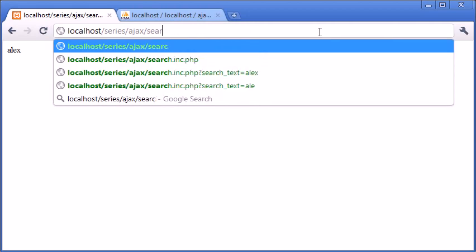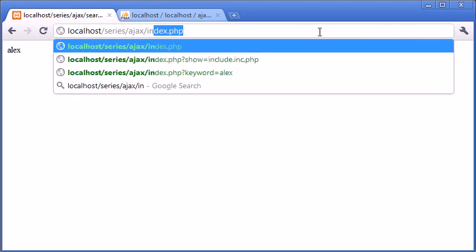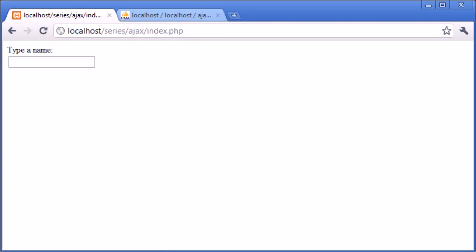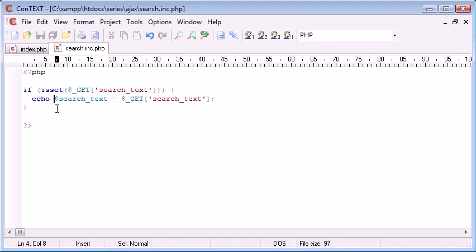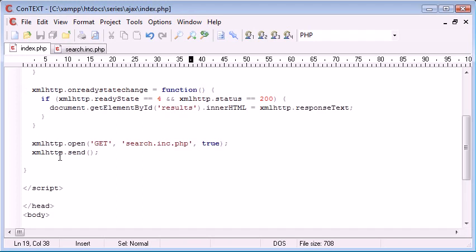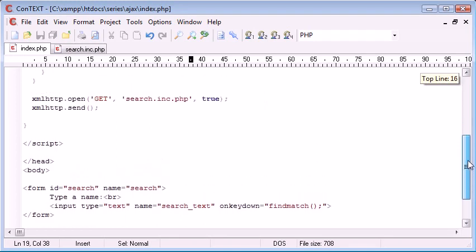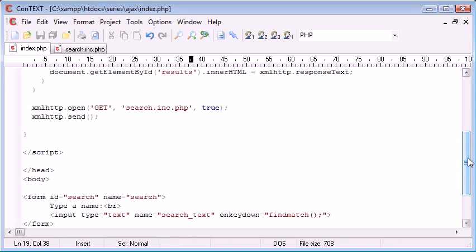So let's go back to index.php. Now what we want to do in here is, oh no, we've done this now, so we're echoing each value that we're grabbing from this search text. Now what we need to do in here is dynamically update this to be sent through to our PHP file, search.inc.php. So all we need to do is specify on here